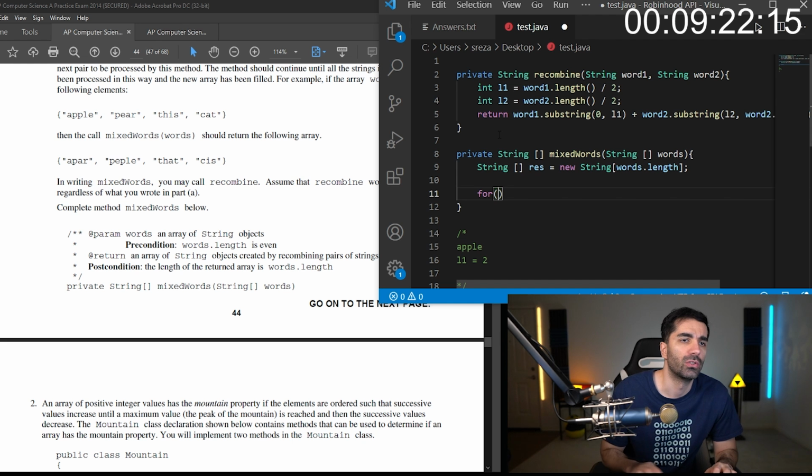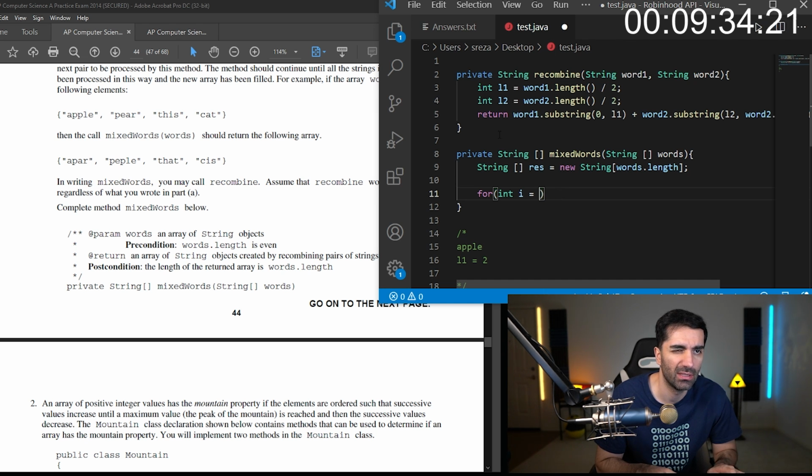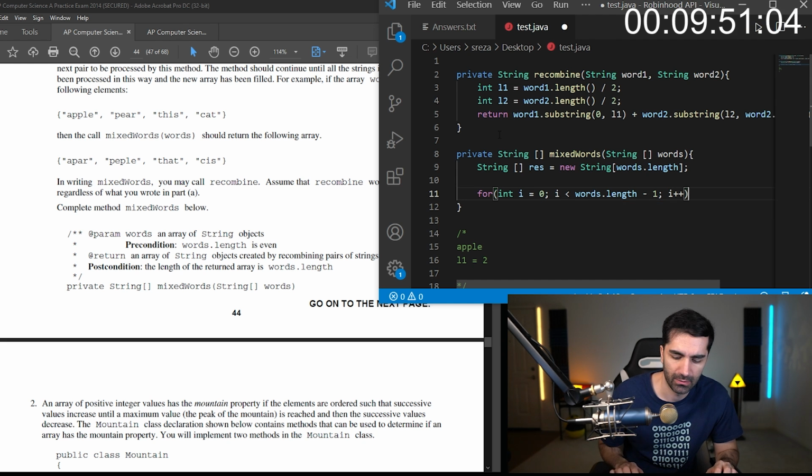What we want to do is loop through words, and since we want to get pairs, I guess we'll just start at 0, and then go while i is less than words.length - 1, i++.